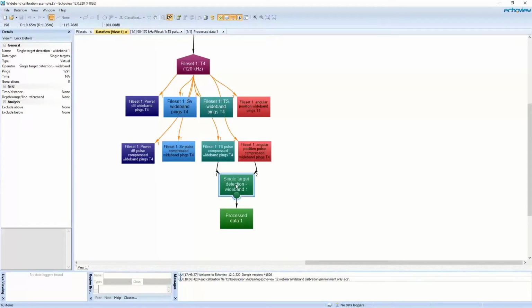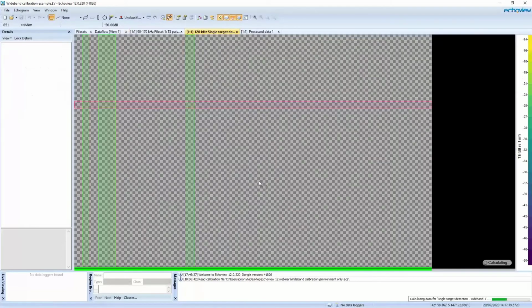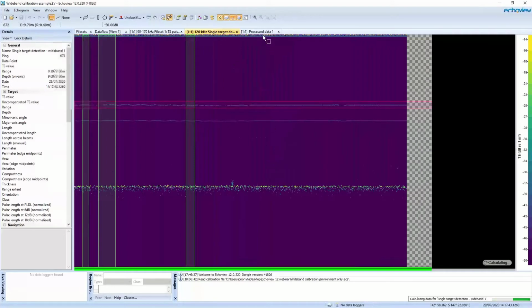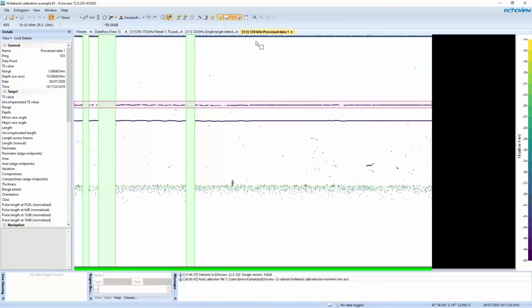So EchoView needs you to first create a single target detection variable in which we identify the targets that we want to work with. We configure our settings so that those targets are available. And we can also set up exclusions to exclude data outside of particular lines or in bad data regions. I've just generated a couple of regions as an example in this file. And so for the sphere targets, we've just created an analysis region to make it really easy to launch the Calibration Assistant for our data of interest, which I'll do now.